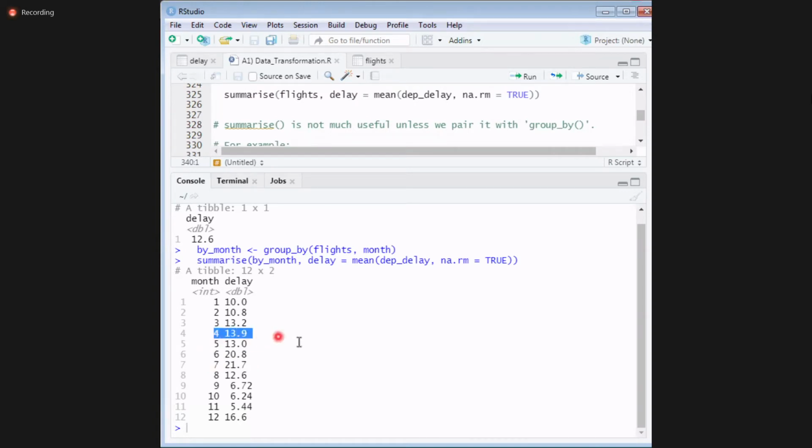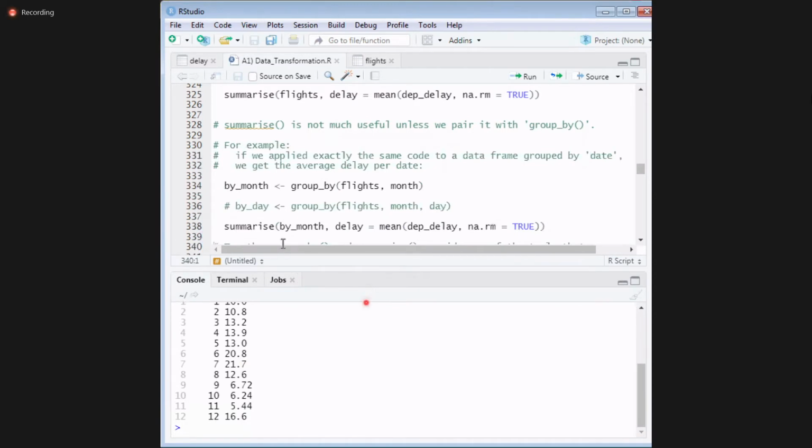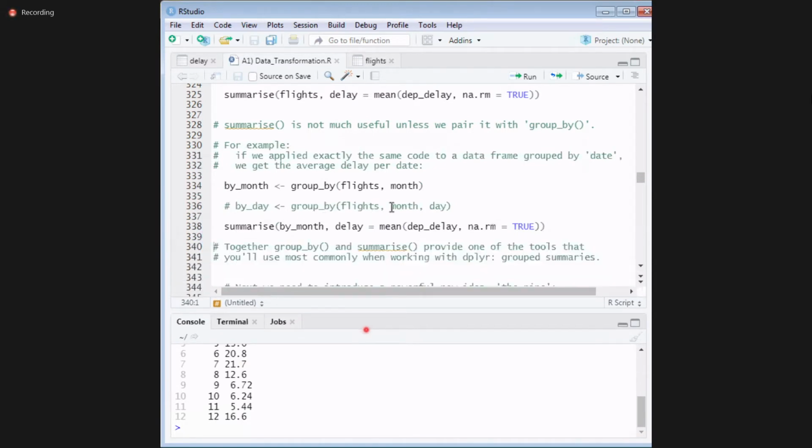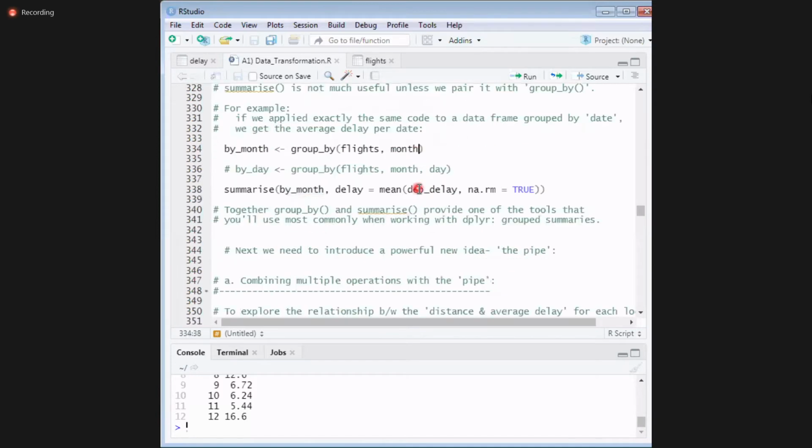If you go month wise, even if you want daily you can do that also. If you want to find the delay on a daily basis, there are around 50-55,000 flights daily. So if you want daily, you can group by date, using month and day. This also you can use and find out the summarized data. Understood? Summarize directly also will work, but the data will not give us much insight. So what we do, we use group by along with summarize. This is how we are going to use it.